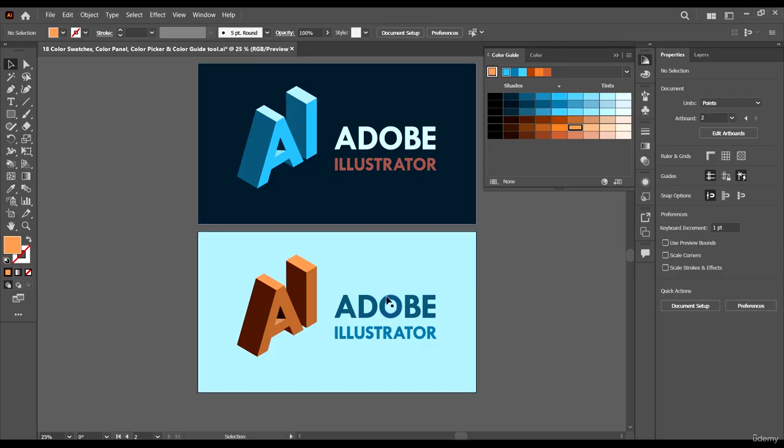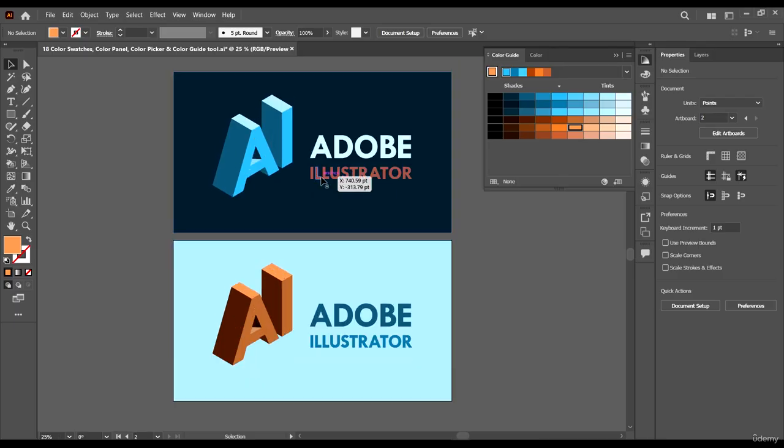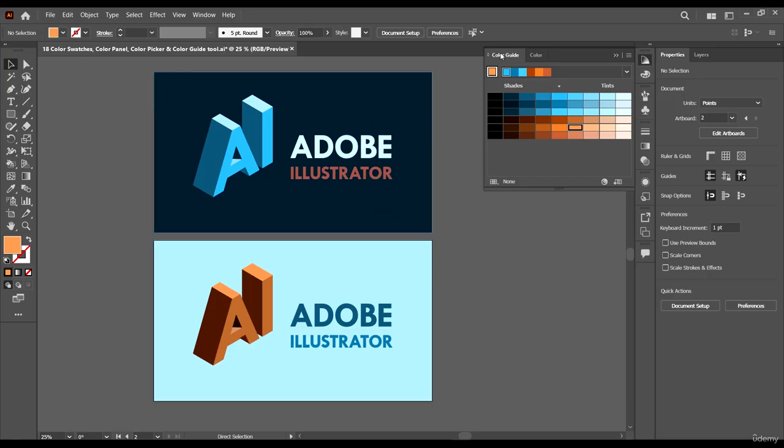Yeah, this also works. And as you can see, just by using the color guide tool, we've been able to create 2 different color selections with just the colors the color guide tool has helped generate.